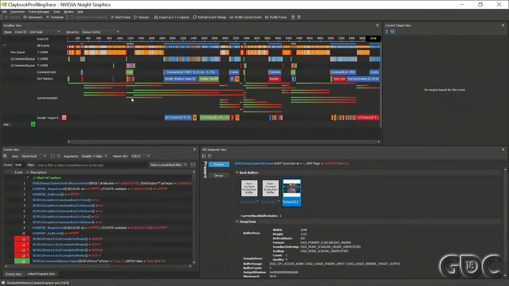All right, there we go. That looks better. And so you can see here we've got our graphics queue up here, and then we've got some compute going on, and then we've got some synchronization happening right here. Here's a great example. We've got some graphics work right here, we've got this synchronization happening, and then we've got this compute